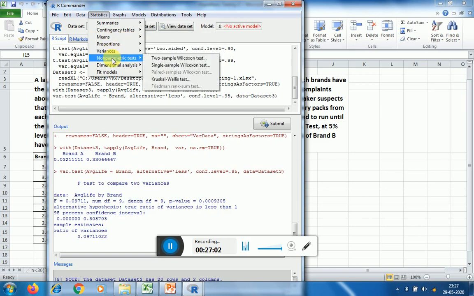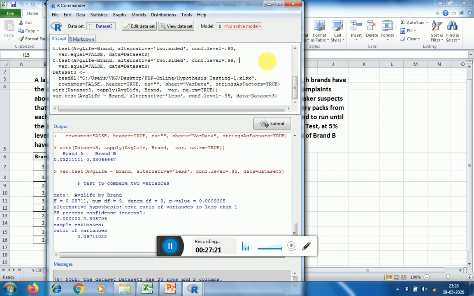So in statistics you can look at these various options. Here even non-parametric tests are available, wherein you can use various tests such as the 2 sample Wilcoxon, single sample Wilcoxon, Kruskal-Wallis tests, etc. But non-parametric tests are not that popular and are used under exceptional conditions, not very frequently.